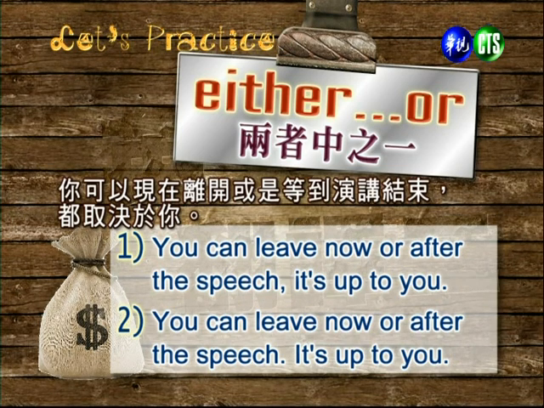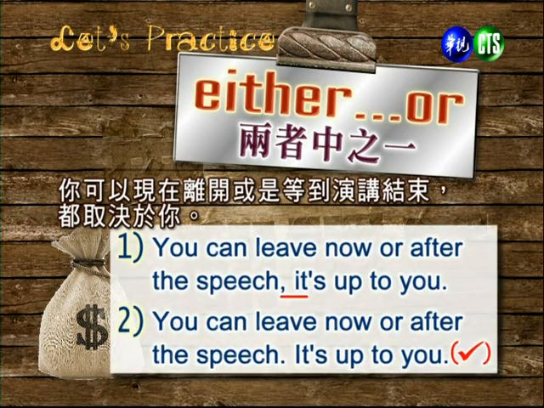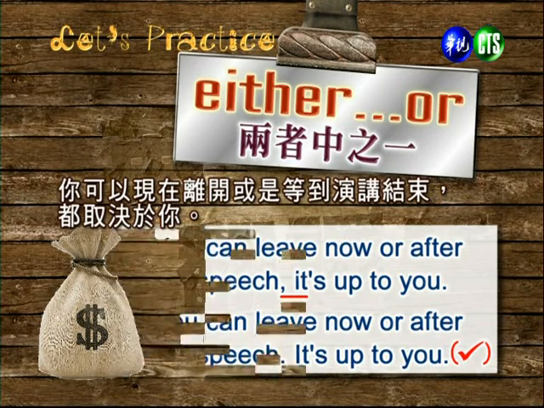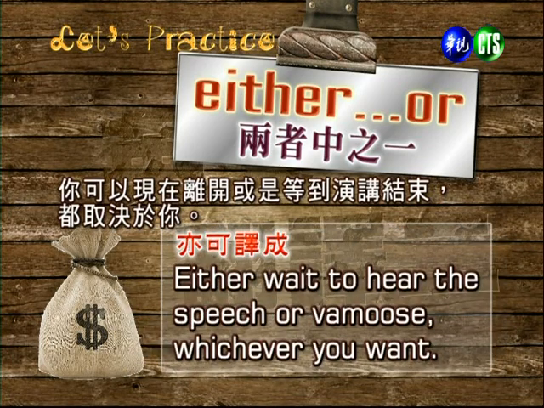You can leave now or after the speech. It's up to you. You can leave now or after the speech. It's up to you. 哪边有错啊？The first one to make it right, you'd have to have a semicolon instead of a comma. 这是两句话，同学你看看，如果你第一句用这个分号也可以，但不能用逗点，要用句号分开哈。好，另外翻翻看。Either wait to hear the speech or vamoose, whichever you want. 好，我们看下一句。